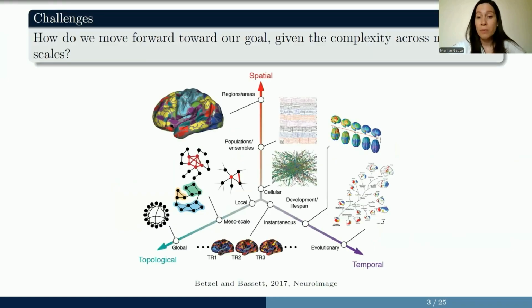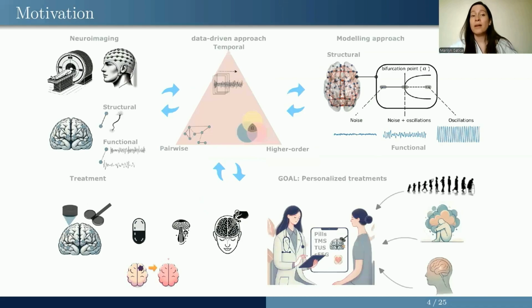So if we think in this paper of 2017 of Betzel and Bassett, we can think, for example, the brain as the complex organ with these three different axes. In this axis, you can observe, for example, the spatial one, where you can start at the cellular level going towards the whole brain. For example, here you have the temporal level where you can think about lifespan or going towards evolution. And in the other case, in the topological one, you have like local effects at the node region, for example, pairwise and so on. And at the end, the figure is more complex and we have something like this.